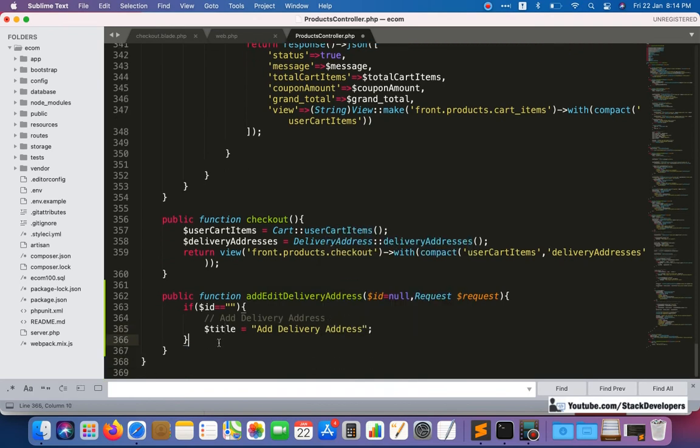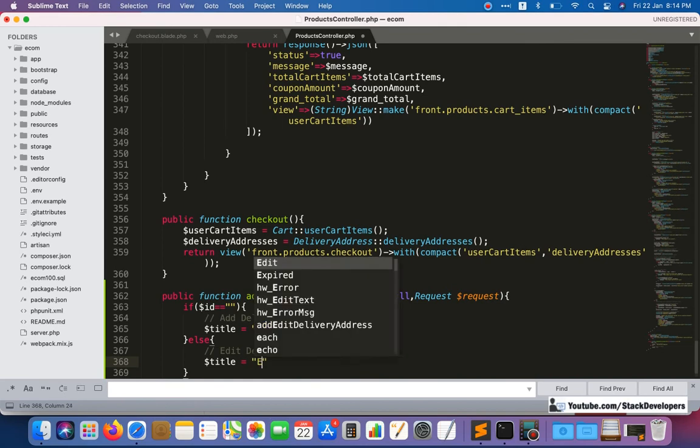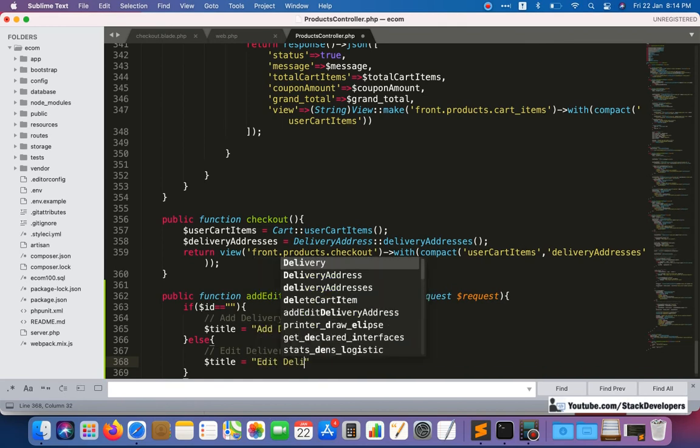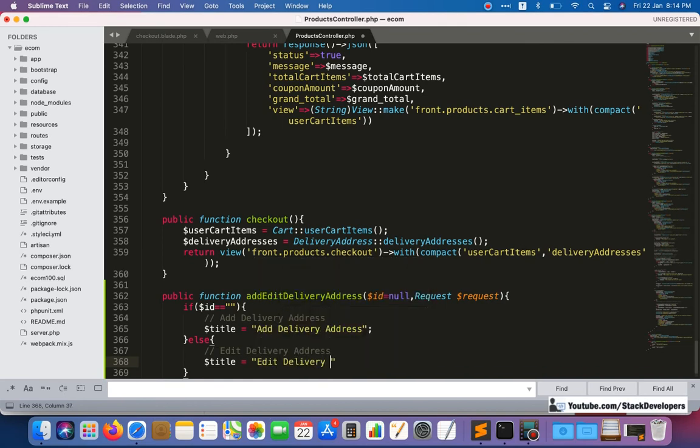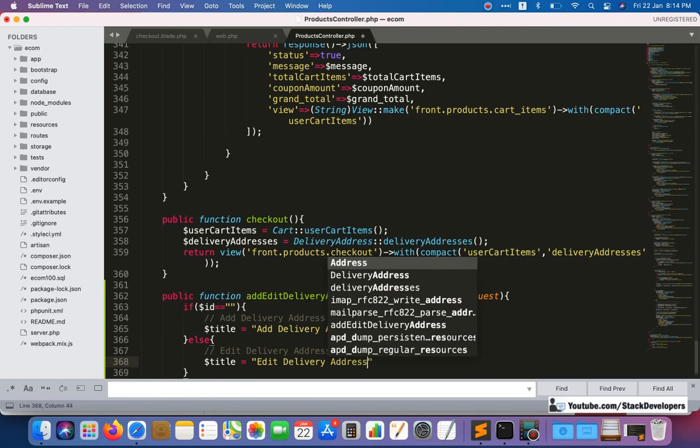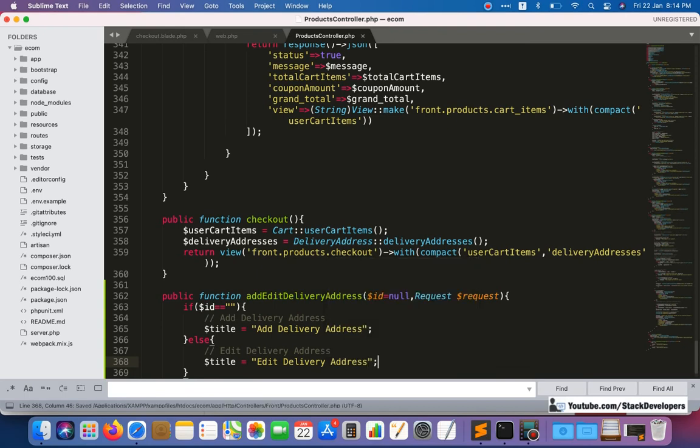And in the else condition, it means the edit delivery address, and the title will be edit delivery address as well. Okay, like this, so add delivery address and edit delivery address.